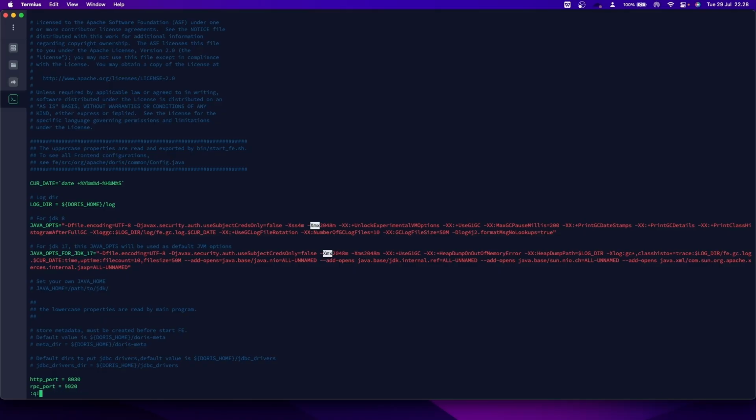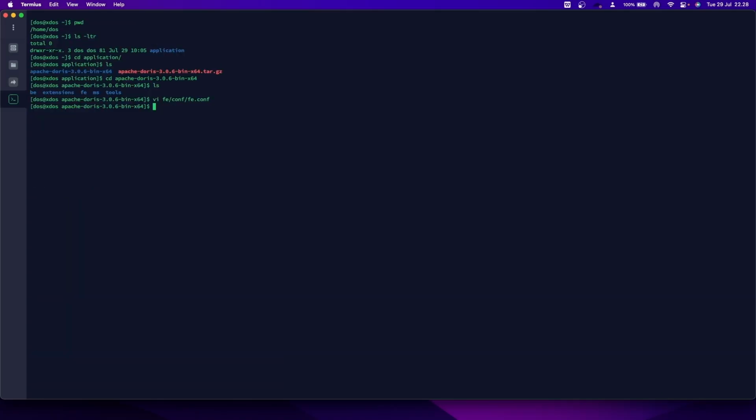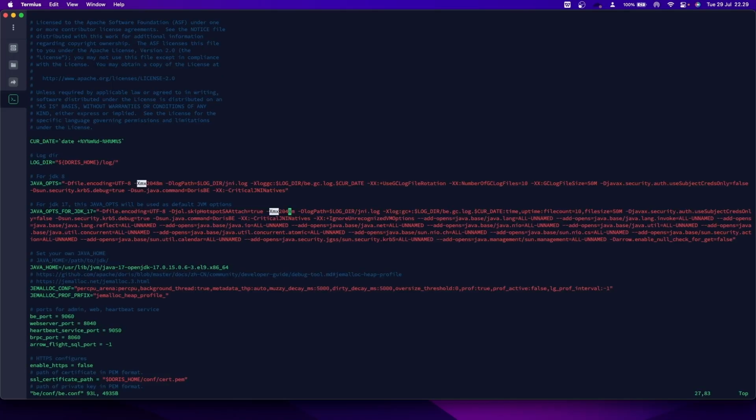Also on the back end configuration, you can see, so this one I changed to 2 gigabytes only, and this one I changed into 2 gigabytes only. So after this,